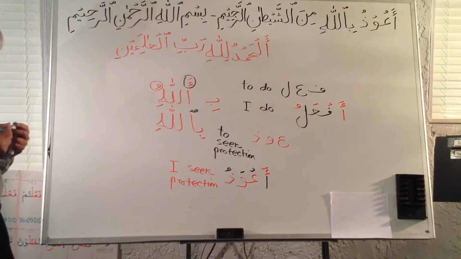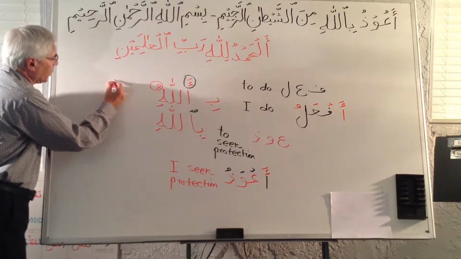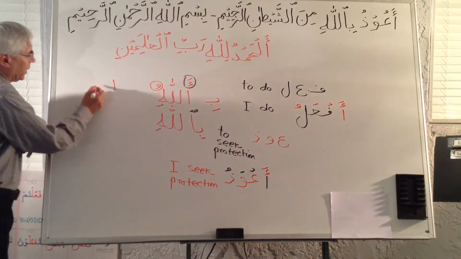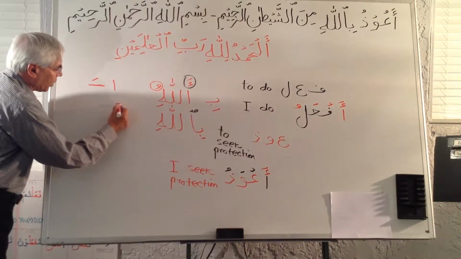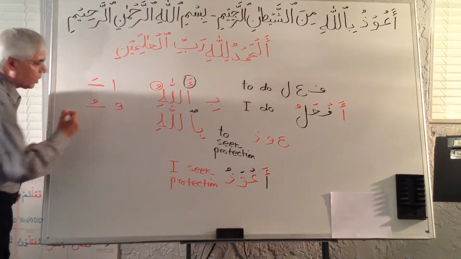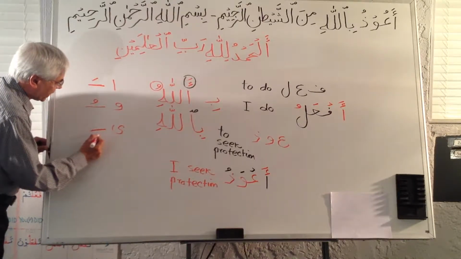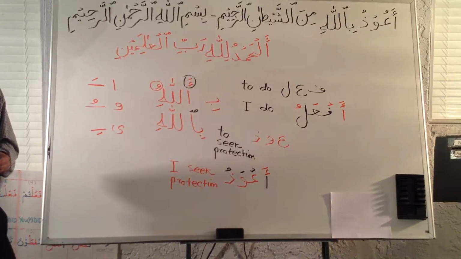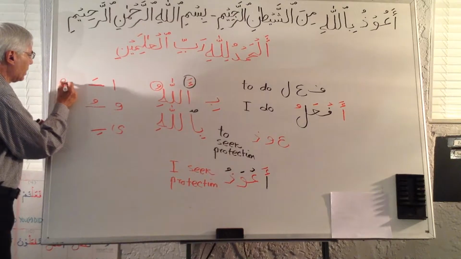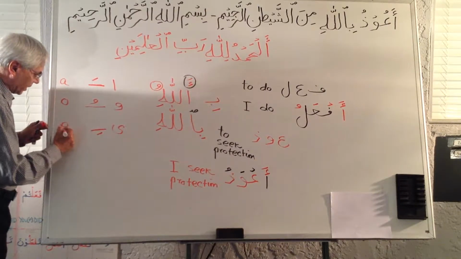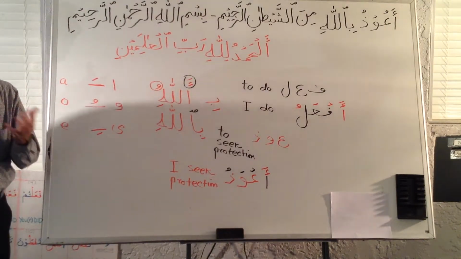So the first rule is, and we know that, when you have an alif, its sound is like a fatah. When you have a vav, its sound is like a dhamma or a pesh. When you have a ya, its sound is like a kasra or zir. So these three are like vowels in English. It's like an A, this is like an O, and this is like an E. In English, these are used to help pronounce the sound.